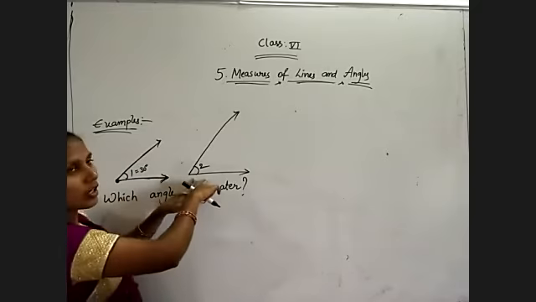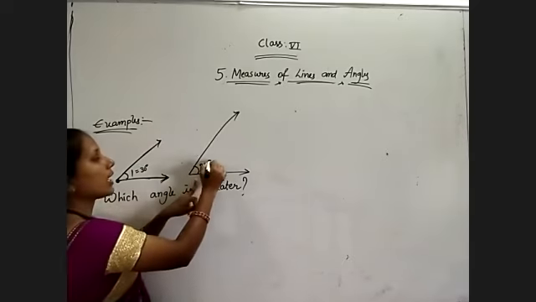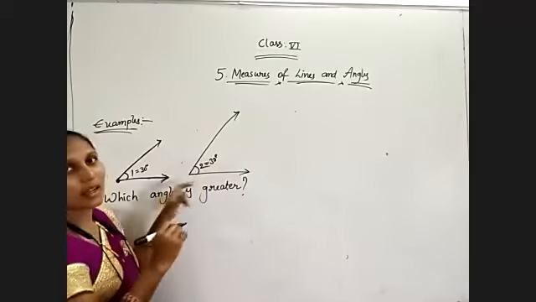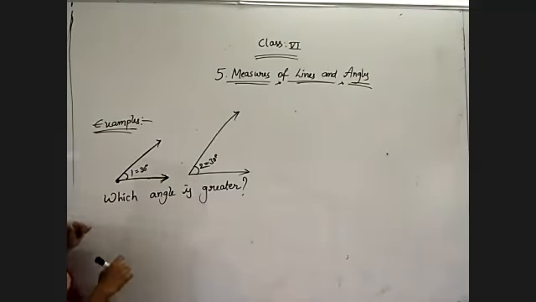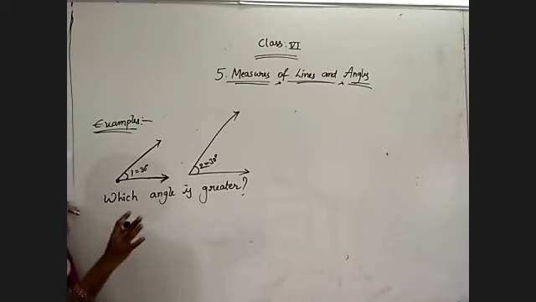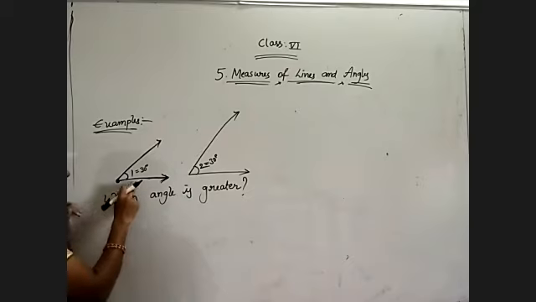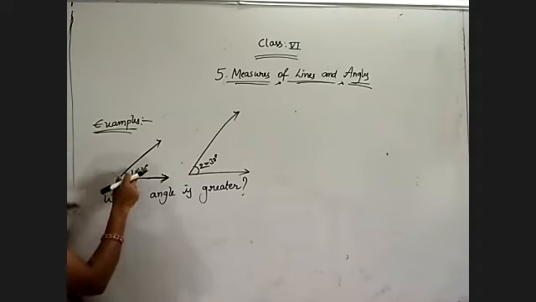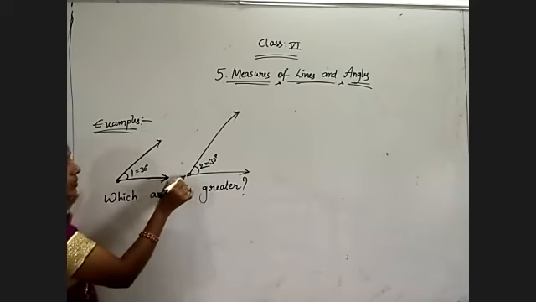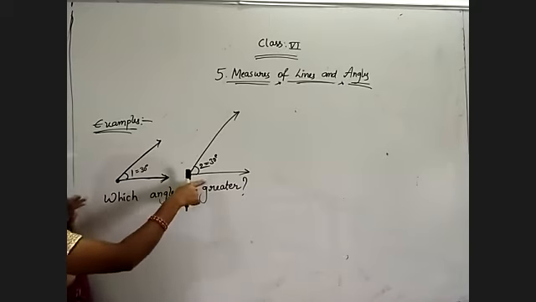Now try to find out angle 2 also. You will get 30 degrees itself. Why am I telling it like that? Just observe, go through the measurements. Take your protractor and measure those two angles. I took 30. Maybe you will not get 30. You will get more than 30 or lesser than 30, I don't know. But you will get equal angles. So angle 1 and angle 2, equally you will get.